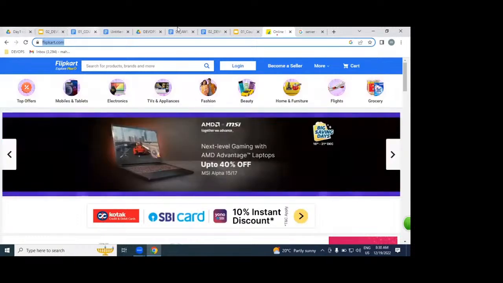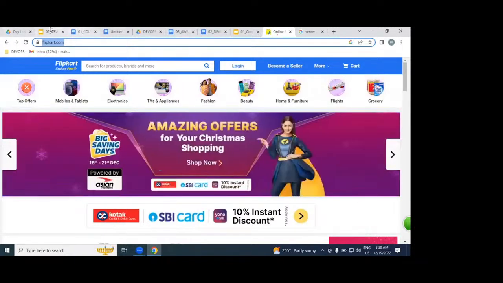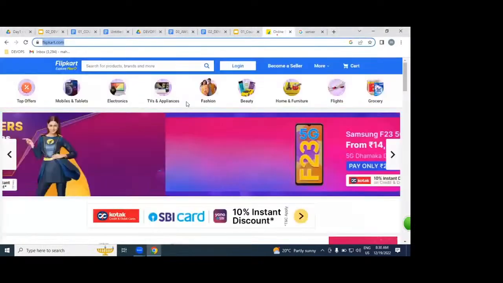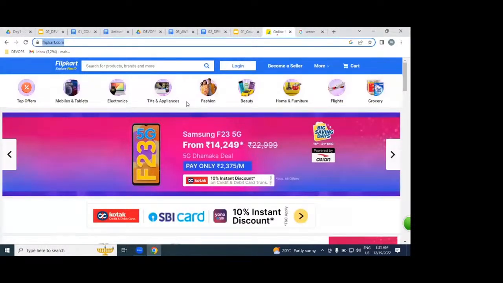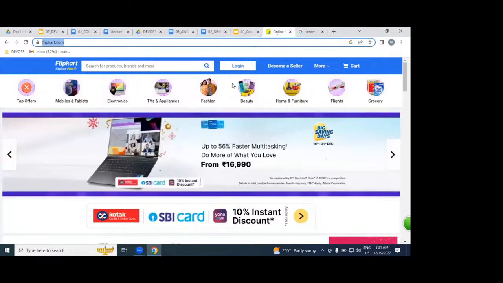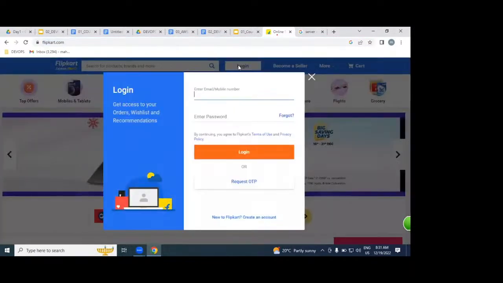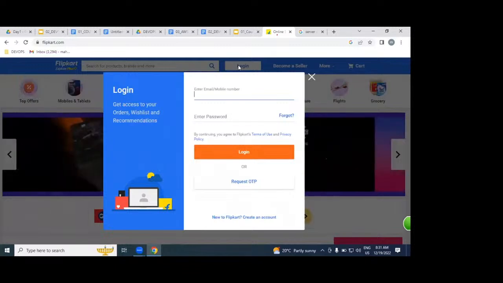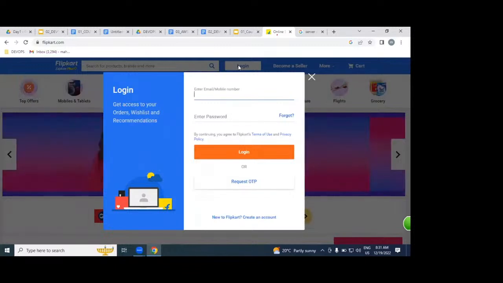The same way for our website. If you want to build this Flipkart kind of application, we need to follow all these stages. What is the first stage, guys? Analysis. Analysis is nothing but gathering information from the client. Who is the client here? Flipkart. What exactly is their business? How exactly the login page, the registration page, the payment gateway, the search page, and tracking customers should work; each and every piece of information will be gathered from the client.